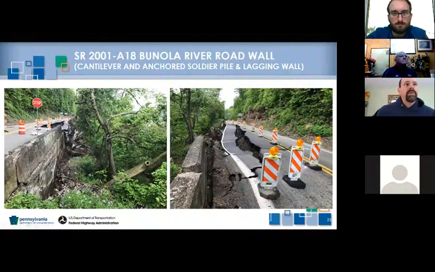Okay, the next example we have here is State Route 2001, Banola River Road, down again in the Elizabeth area. What happened here was this was an old mining road with a coal mine a little bit down the road. At some point that mine was abandoned and the state took over ownership of this road. You have these old walls that were built roughly back in the 30s. For reference, the Monongahela River is a couple hundred feet down the slope. So material here has been falling and heading down towards the river for some time, slowly.